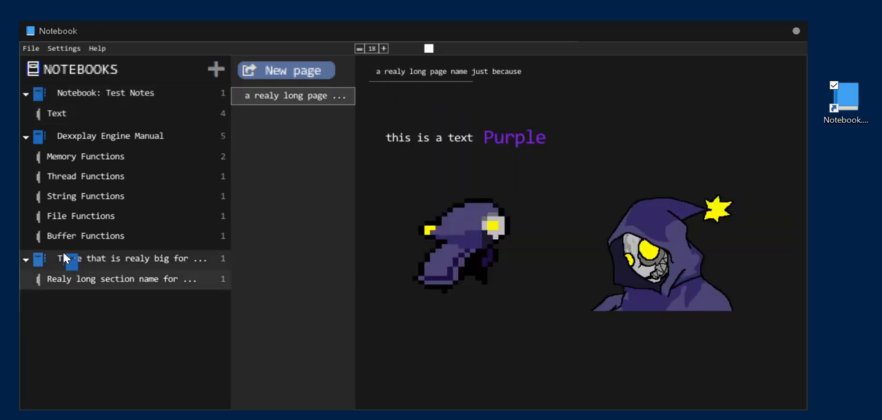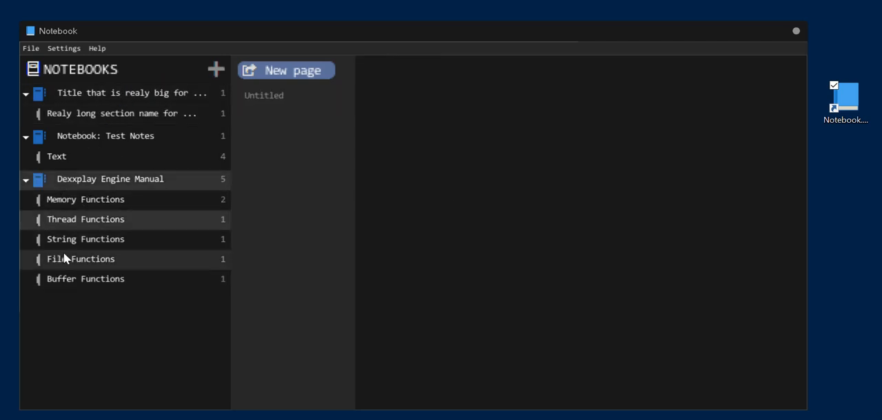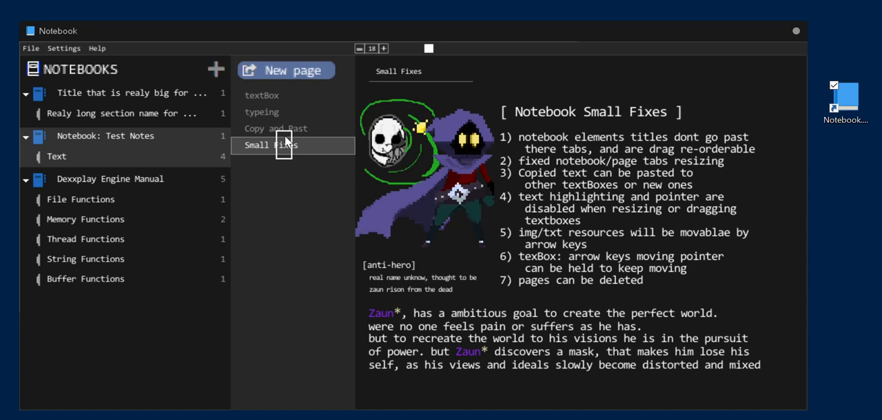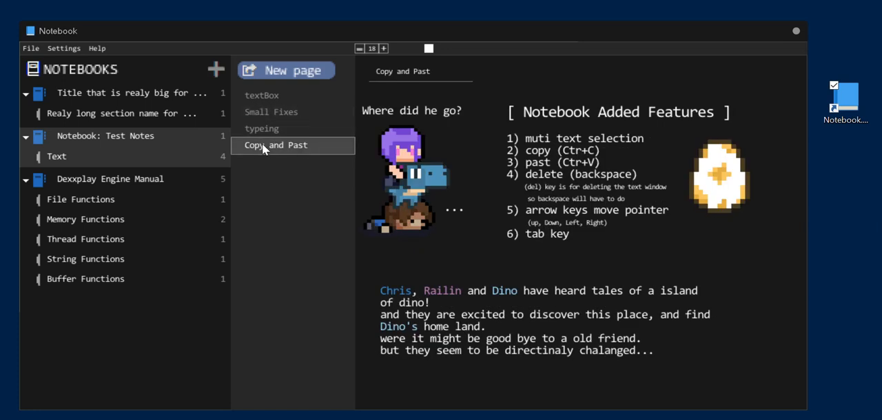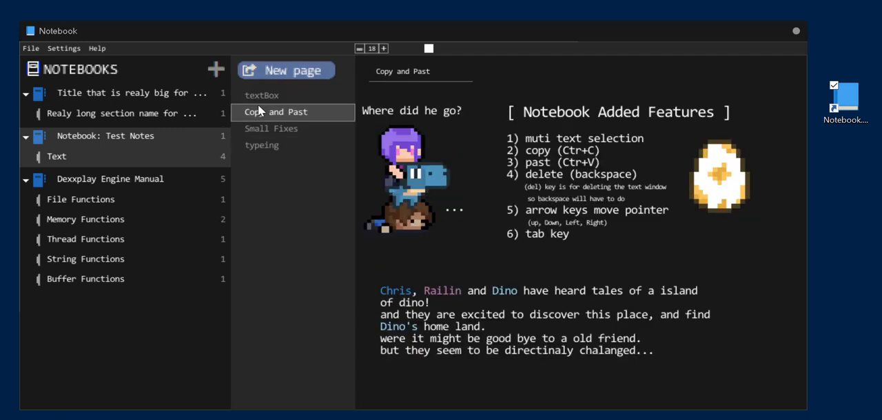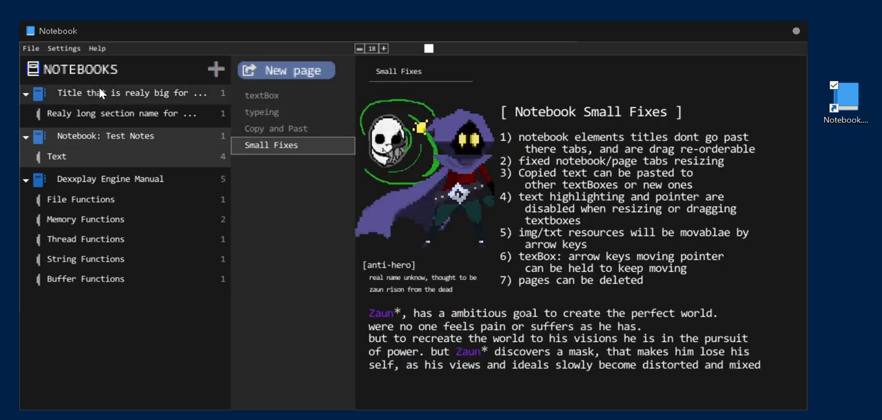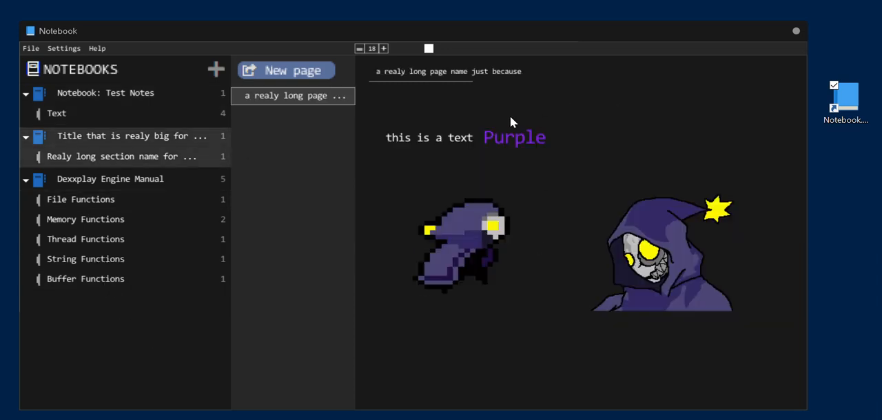Also, there is reordering of the notebooks. You can also reorder the sections, and the same thing with the pages, which of course I like the order they're in because they are in the order from newest to oldest. Well, they used to be. I'll have to fix that later. But basically,